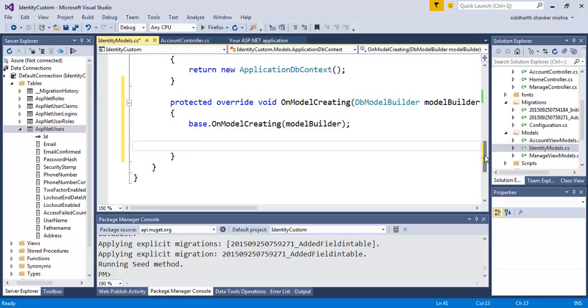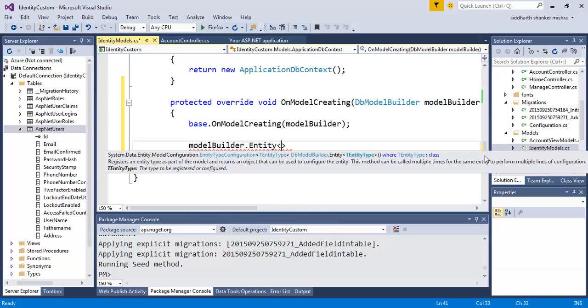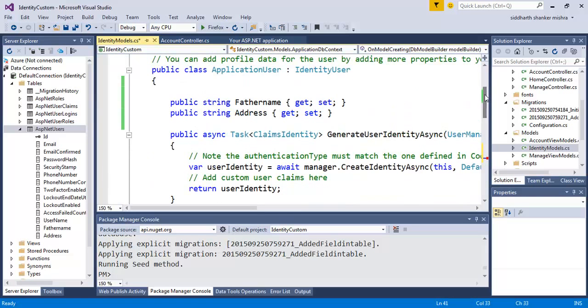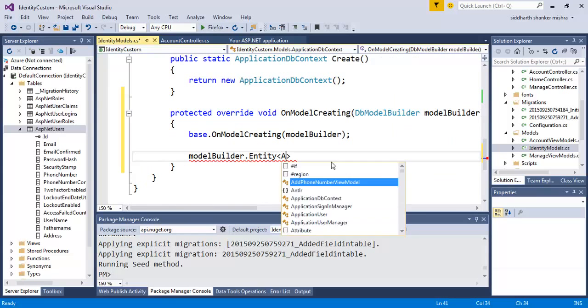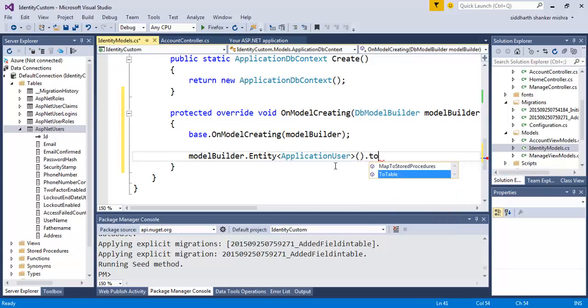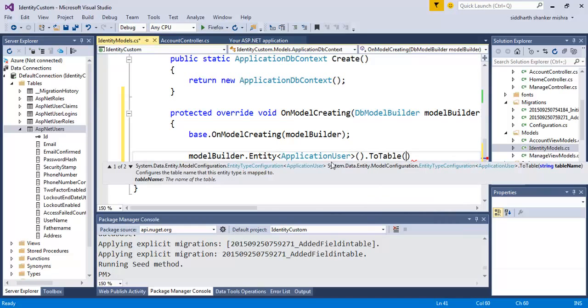So right here, come here and say modelBuilder.Entity, and our ASP.NET users class is our application user class. So here in the entity, right, ApplicationUser and .ToTable, and I would like to name it as